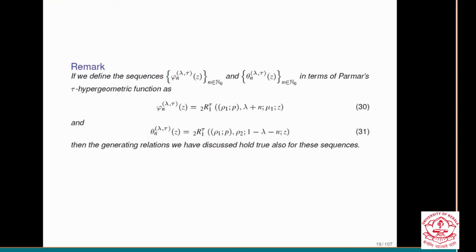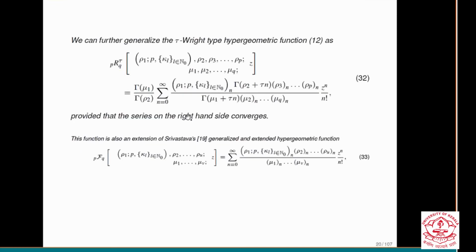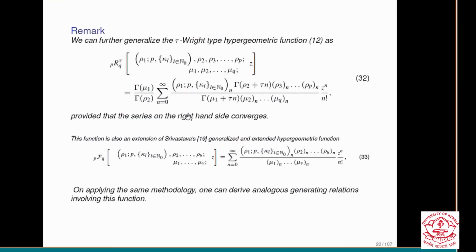Here, if you define the sequence like this, in terms of the tau Gauss hypergeometric function, like this, it is 30 as well as 31. The geometric relation we have already discussed is true for those sequences. Clear? So now 30 and 31. And further we generalize this